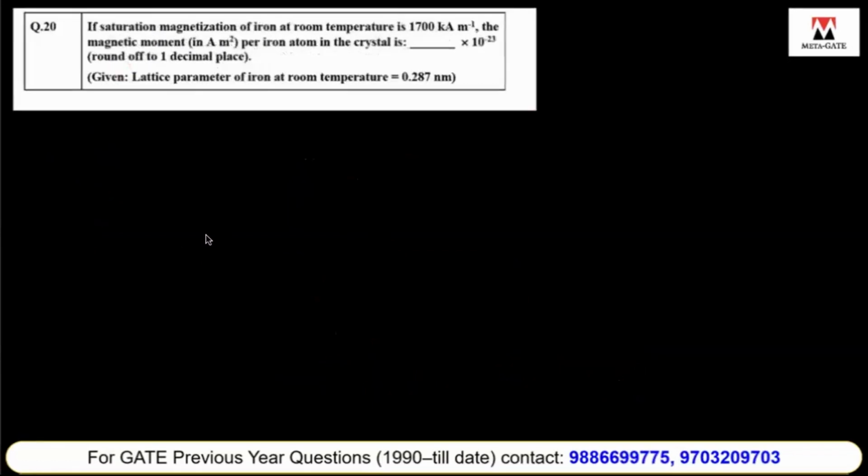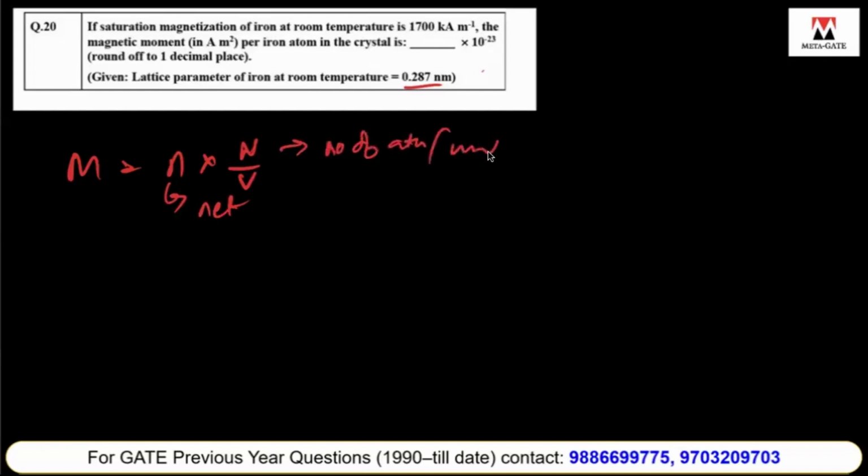If saturation magnetization of iron at room temperature is 1700 kilo ampere per meter, then the magnetic moment per iron atom in the crystal is dash into 10 power minus 23, rounded up to one decimal. The lattice parameter of the iron at room temperature is 0.287 nanometers. So we know saturation magnetization M is equal to n into N by V, where n is the net magnetic moment, N is the number of atoms per unit cell,